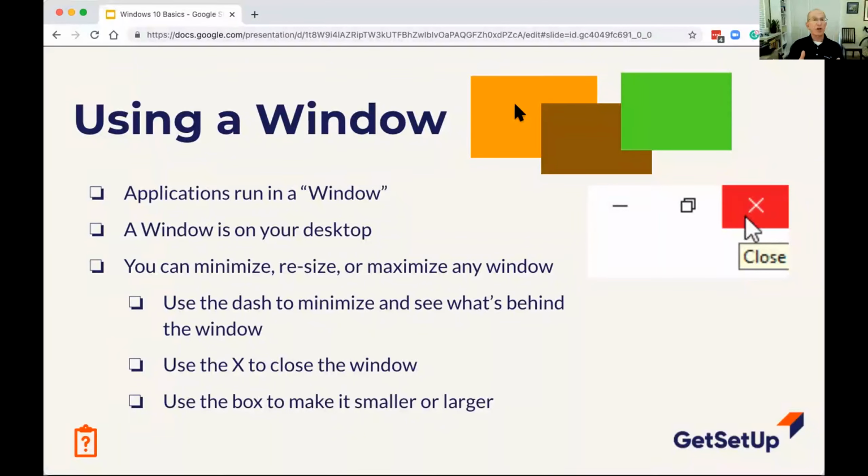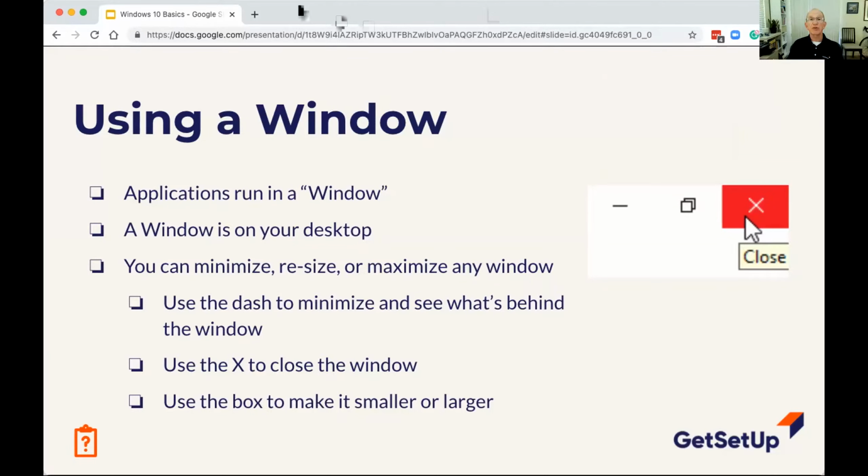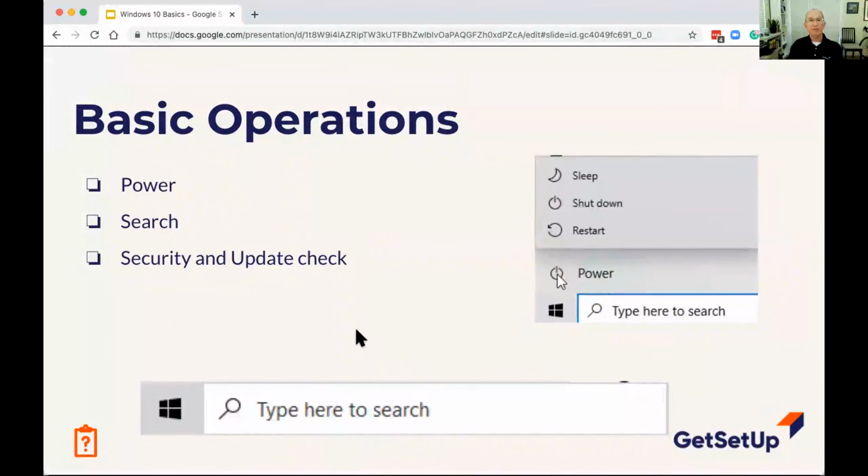And that is where the application is viewable. So you can expand the window to fill the whole screen. You can minimize it, or you can close it if you want to. So those are some things you can do with windows on your computer, but that's where it got the name Windows. They aren't the only one that makes a window operating system. Macs are window operating systems, and others are as well, but they claim the name Windows.